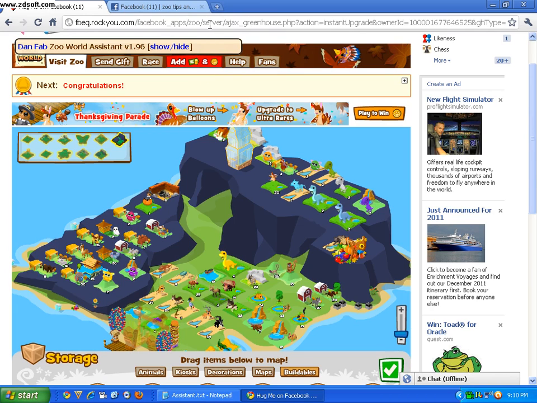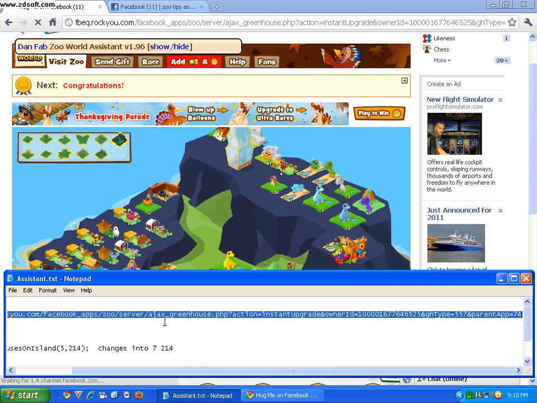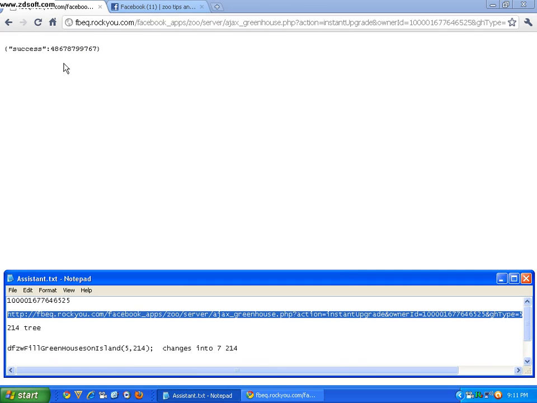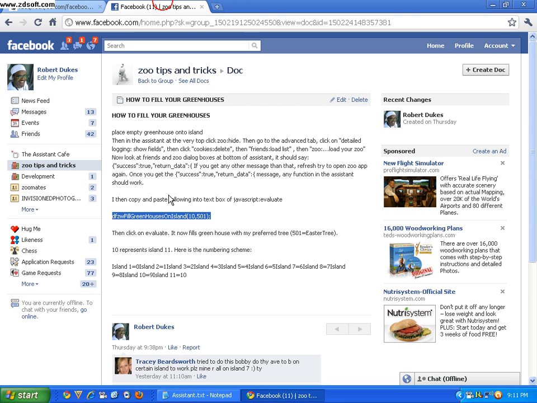after you send this script over to your URL browser. Is it going? Make sure I have the whole script. There it is, success. And that's what you get. Now if you keep refreshing this page, you're going to send another item over to your friends. So refresh, refresh, refresh. You can send them 10, 20, etc. And that's what I wanted to show you on how to fill your greenhouse,